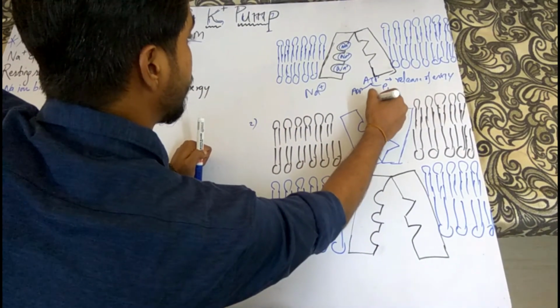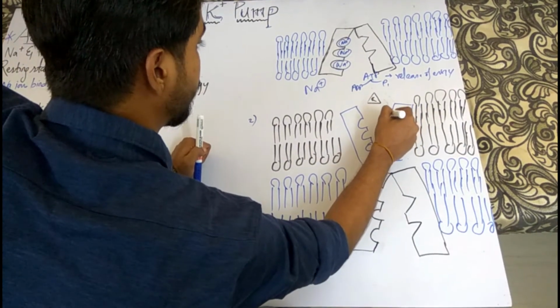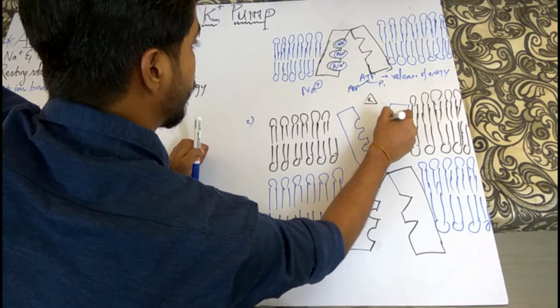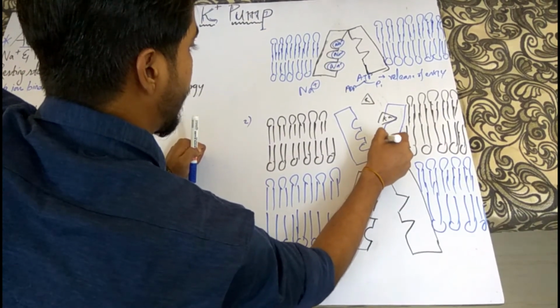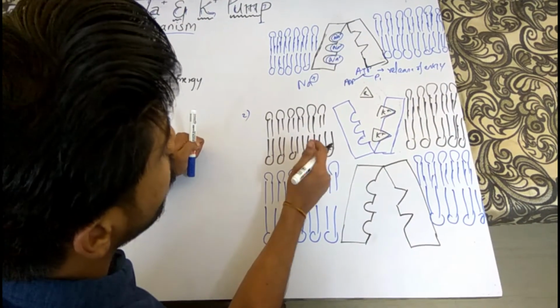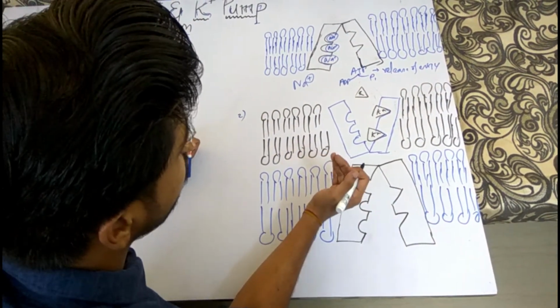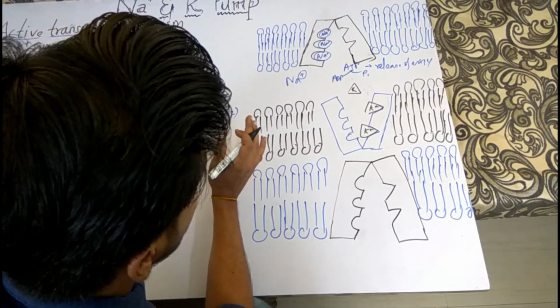So potassium ions will come. Here potassium will bind, and again ATP will come into the picture, and it will dephosphorylate. Why will it dephosphorylate? Because it was already phosphorylated in the first step, the resting membrane state, when it has affinity